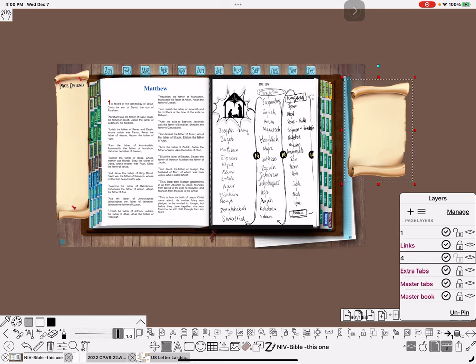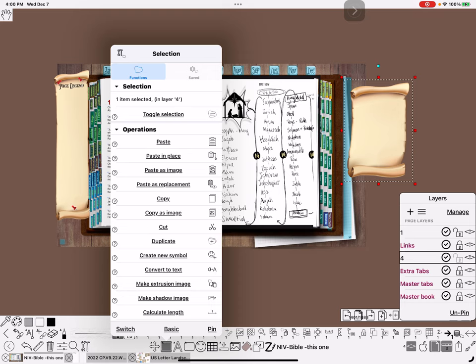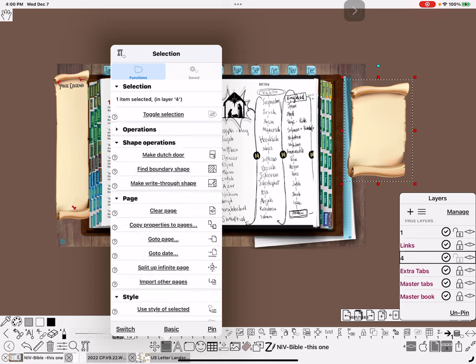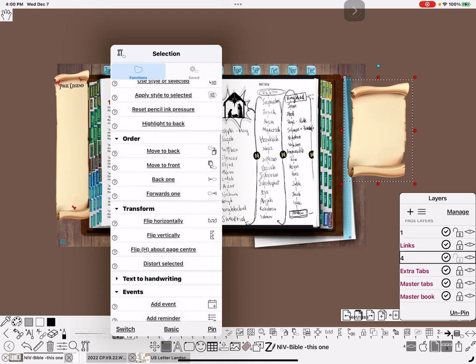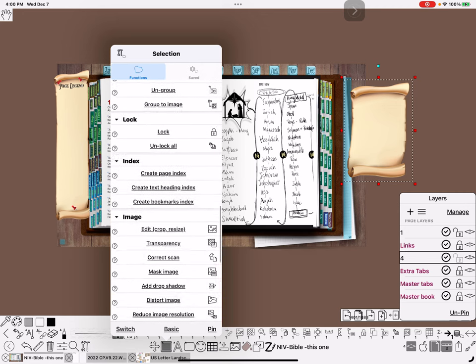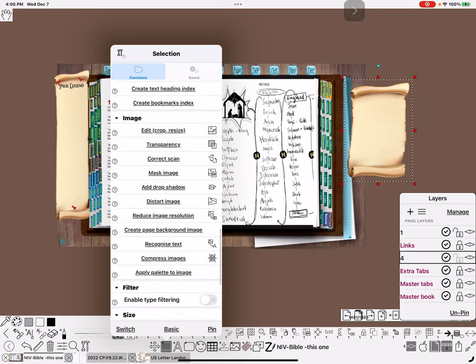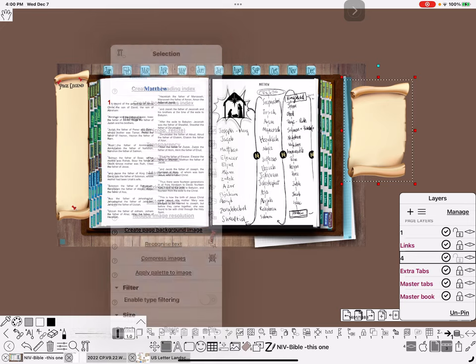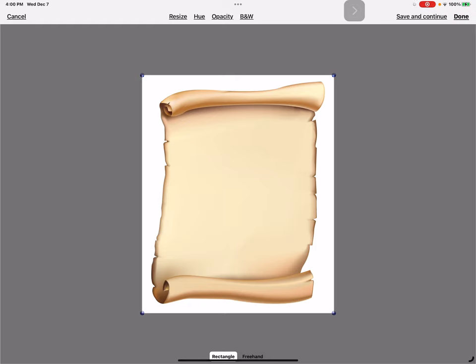So if I go, I want to try to show you guys on here because sometimes you don't see me click on my icon board. I do have this as a favorite down at the bottom, but this edit crop resize, what I'll do